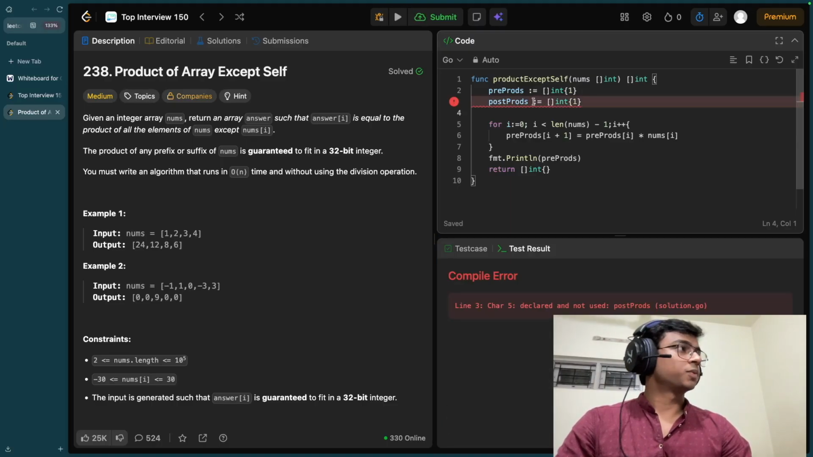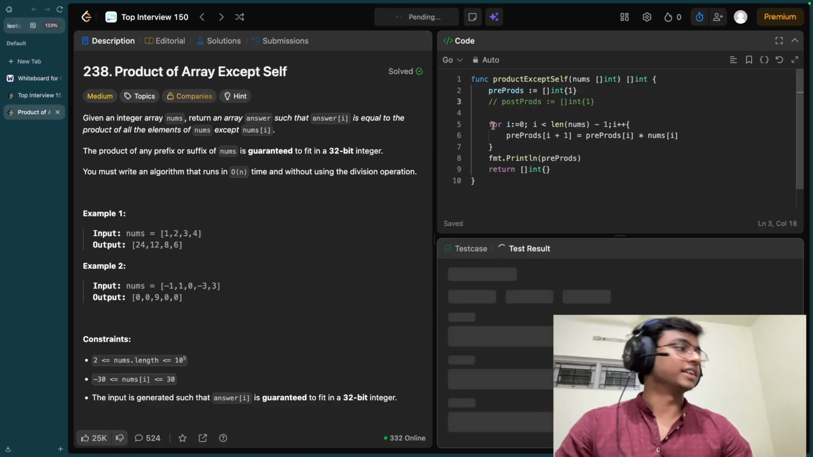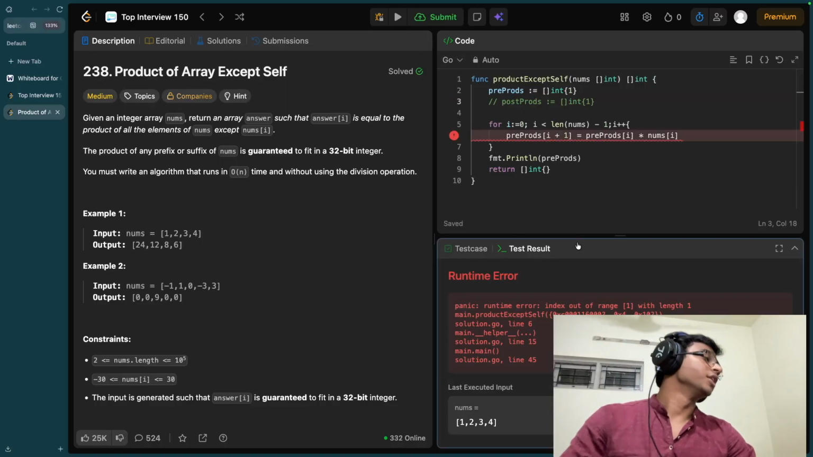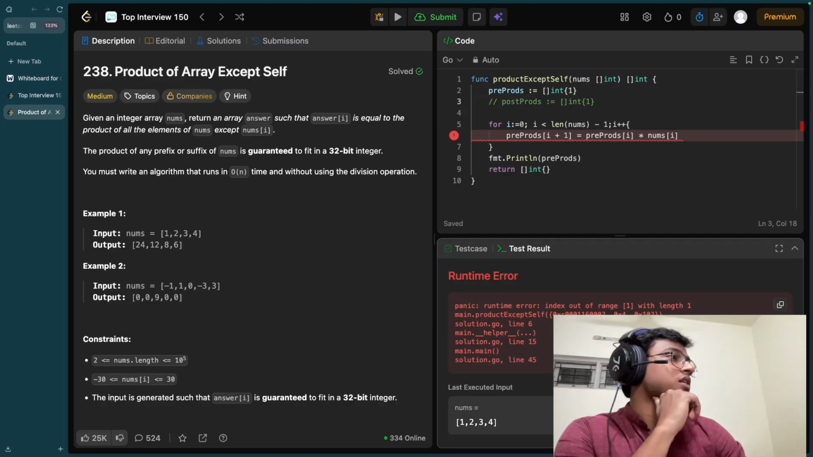Declared and not used: postprods. Yeah, I'll have to comment that out for now because we're not using it anywhere. Golang doesn't let us compile the code till we use everything. And we get an index error. So this is happening because